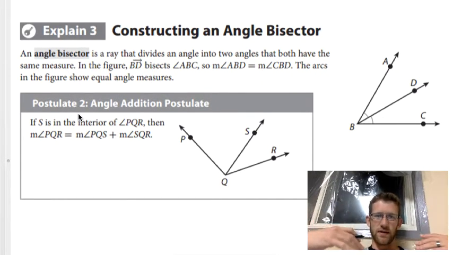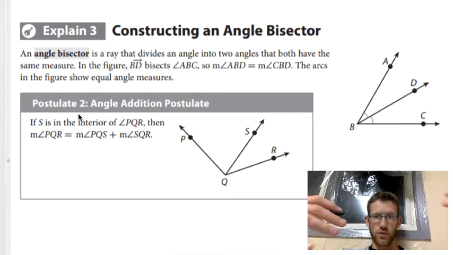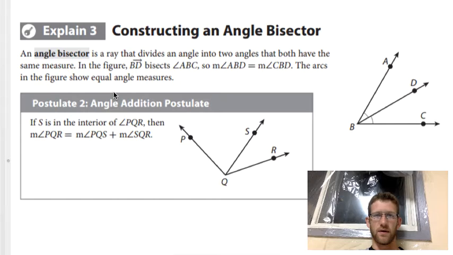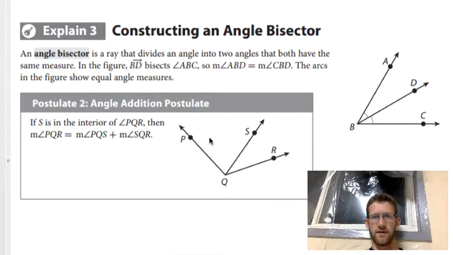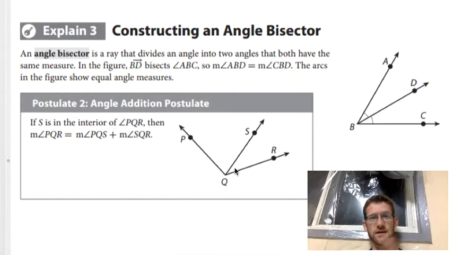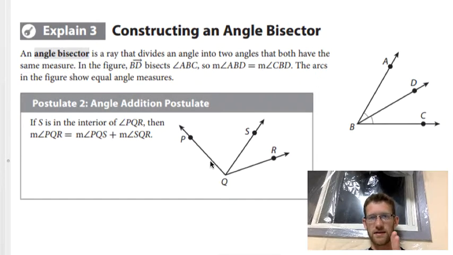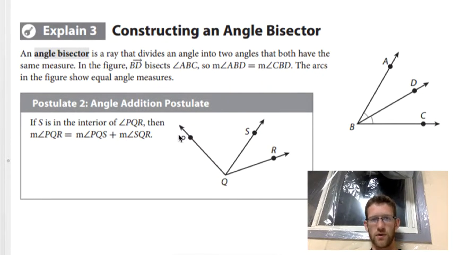So again, this postulate is something that we're going to assume as true given the book. We don't have to do a proof for this. This postulate is called the angle addition postulate. It basically says that if S is interior, so this isn't an angle bisector, right? It doesn't bisect it into even parts necessarily. But if it's an interior angle, so PQR is the larger one and angle S is in the interior, then the measure of angle PQR is equal to the sum of the other two angles,